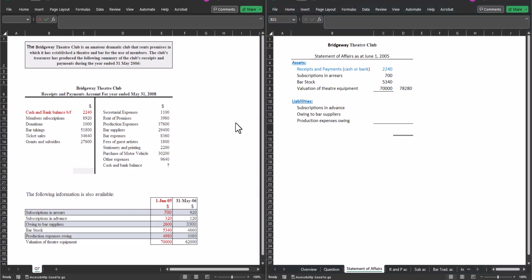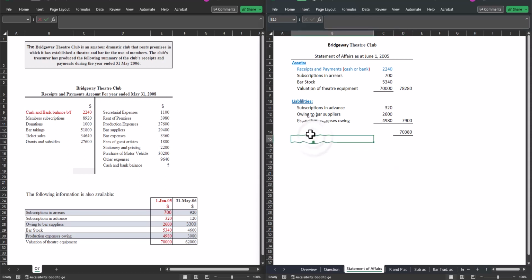All right, let's list the liabilities quickly. There are three liabilities, namely subscription in advance, meaning fees that the members would have paid for a period yet to come. Owing to bar suppliers, the same as creditors or accounts payable, and production expenses owing. All right, that's a total of $7,900 for the liabilities. And deducting that from the total of the assets gives us a total of